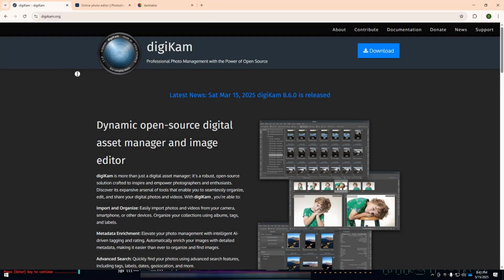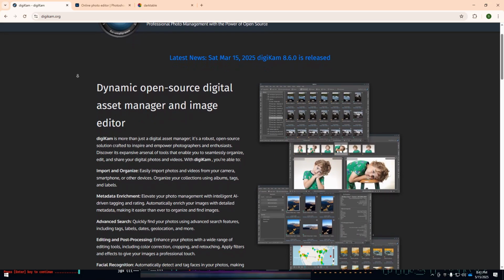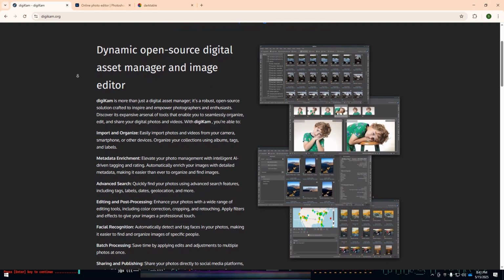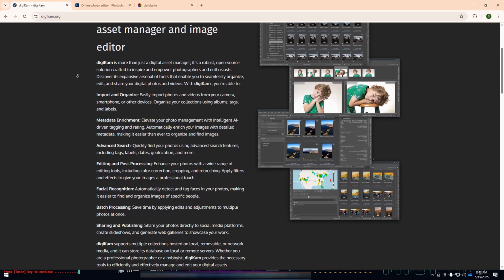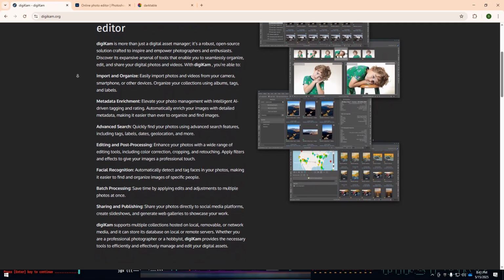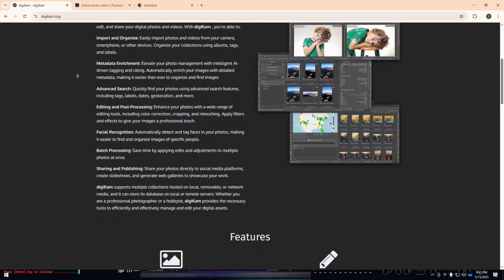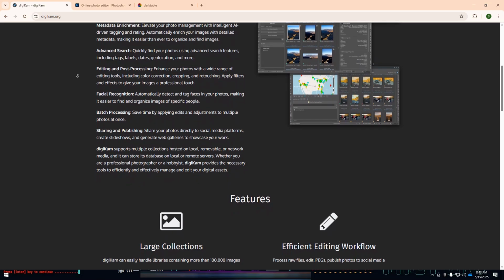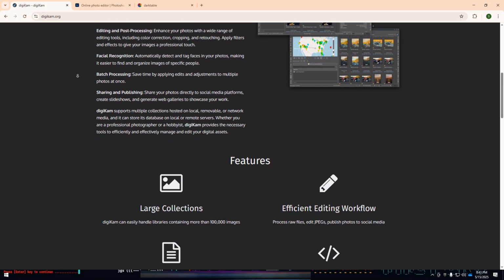and no cost. Digikam, on the other hand, is less of a traditional editor and more of a comprehensive photo management solution with editing capabilities. It's perfect for users dealing with large photo libraries and wanting powerful tagging, metadata editing, facial recognition, and batch processing tools. While its editing features aren't as deep as Lightroom or Darktable, it shines in cataloging, organization, and archiving. In 2025, Digikam continues to be a reliable tool for photo archivists and users who prioritize image management over advanced